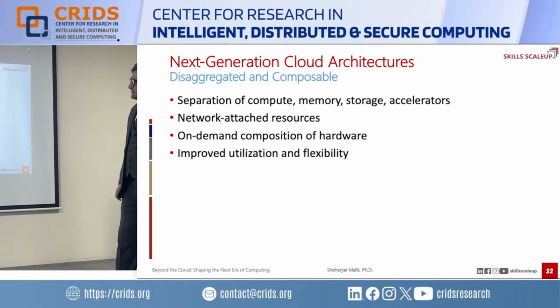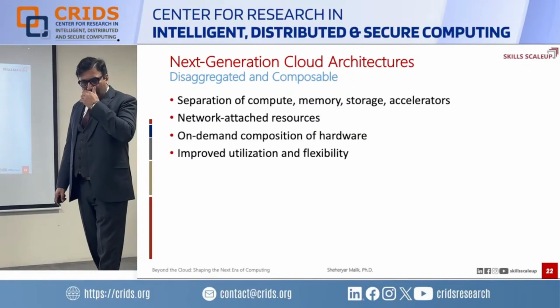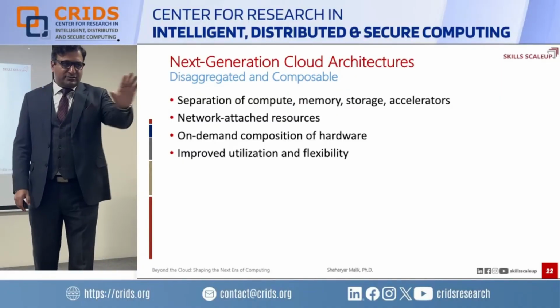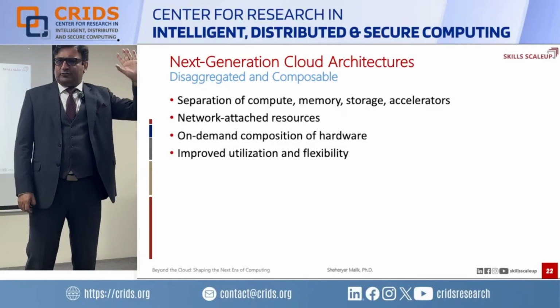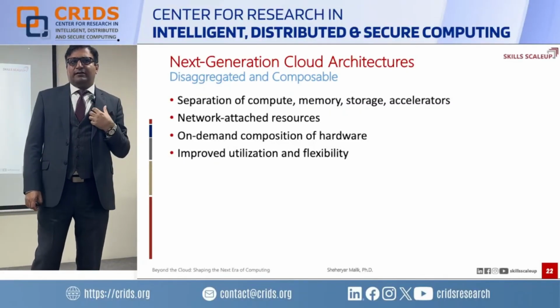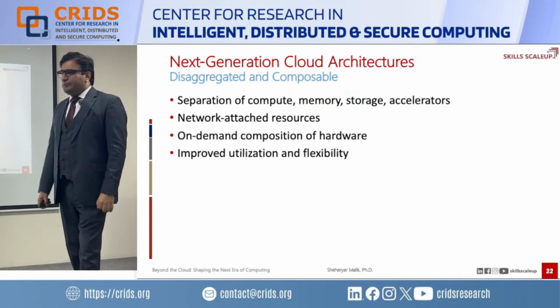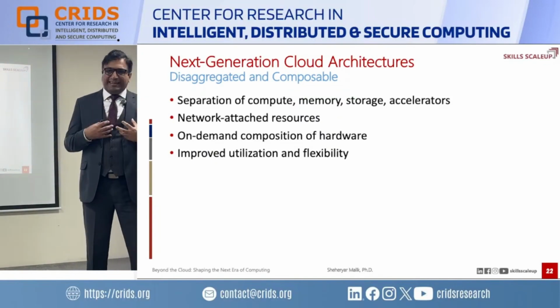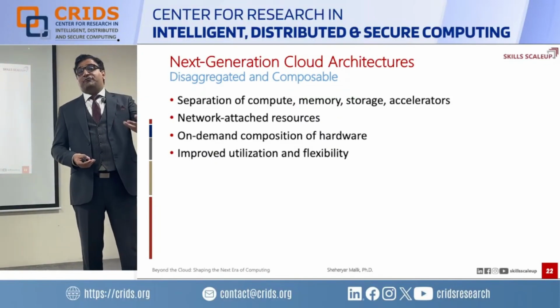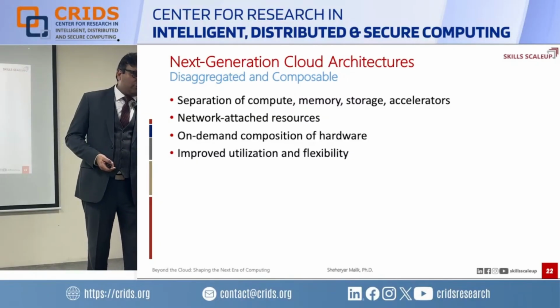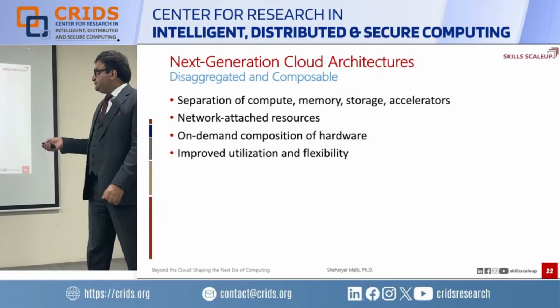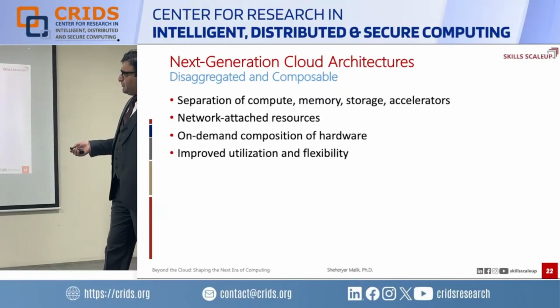And then on-demand composition of hardware. Because many cloud providers come equipped with fixed types of hardware: this type of machine, that type of machine. Even though they give you a lot of variety, what we can have is on-demand composition of hardware based on our need. And then you can even have AI-driven composition as well, where the AI predicts how much you need in future or what the requirement is. And then improved utilization and flexibility. Next,